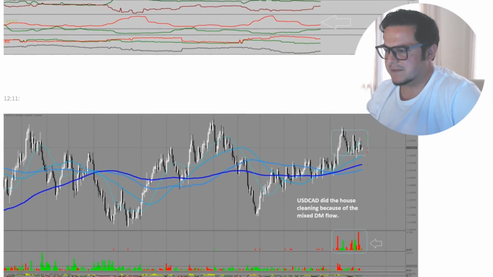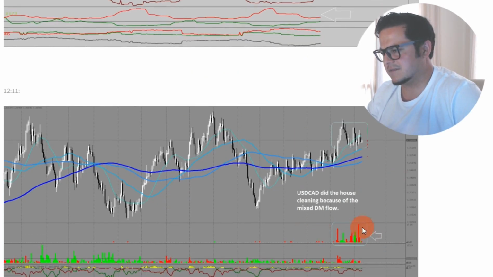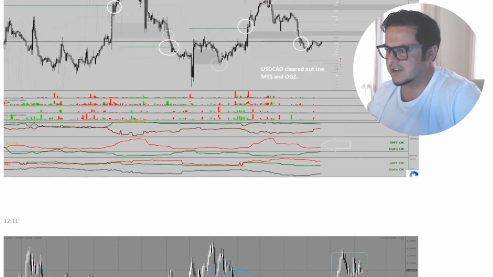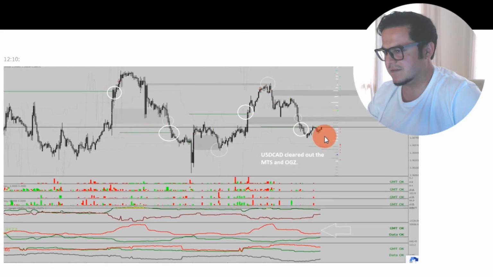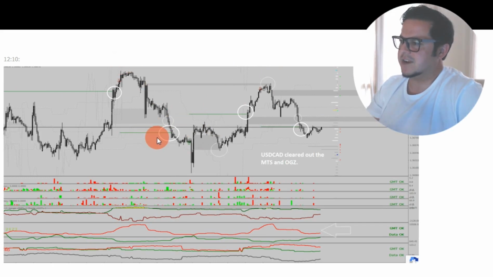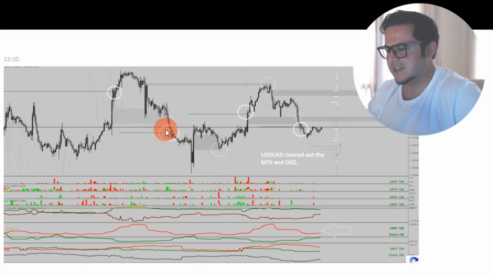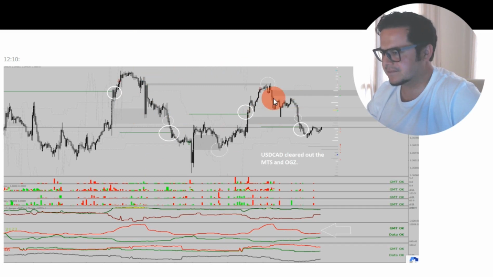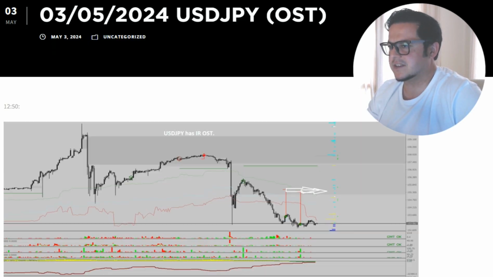So just keep in mind, like you see on the day chart, we had proper mixed money flow from short to long, okay? So therefore this whipsawing price action and consolidation. But because the range in terms of pips was so high, this range was very tradable, as you can see, for range trading. Generally speaking, range trading is for advanced causality traders. So if you're a beginner, don't try to do it too much, because you need to identify the switching down money and you need to trade towards those targets. But in this case, it wasn't too difficult, to be honest.